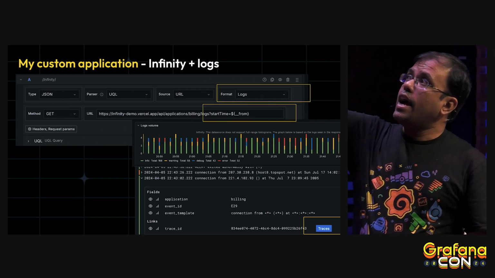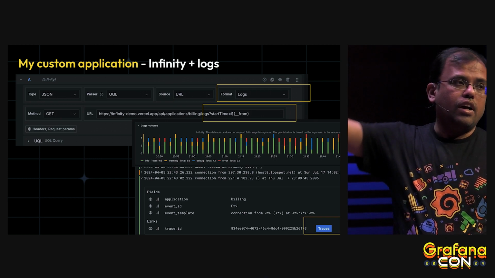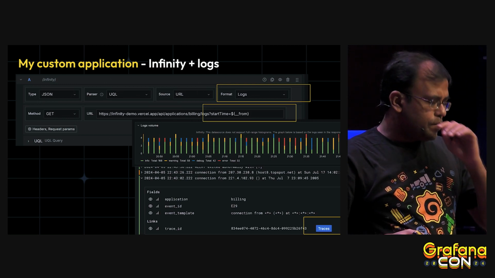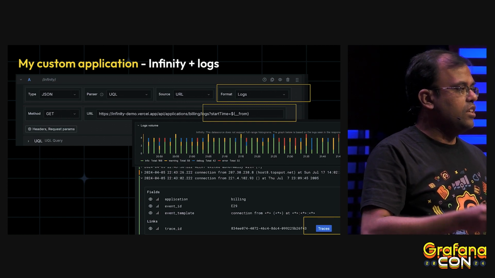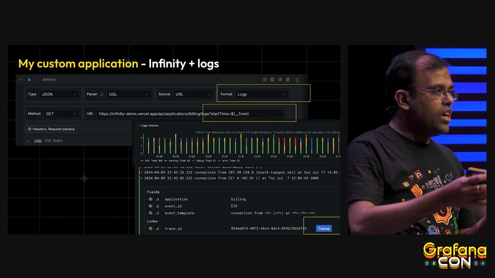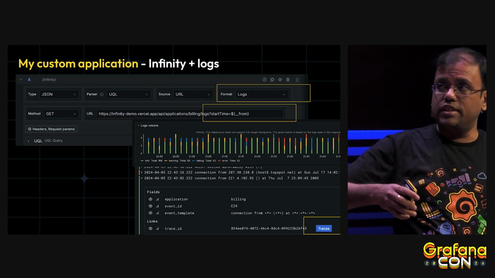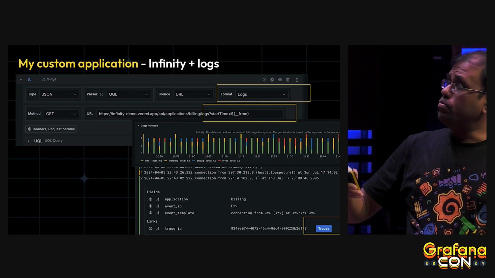I am passing Grafana macros, say start time, because I don't want to pull all the logs from the API. I want to restrict it and sync it with the dashboard time range. So I can pass all the dashboard context and user context to the underlying APIs using Infinity macros, which means you get only the data relevant to the dashboard.